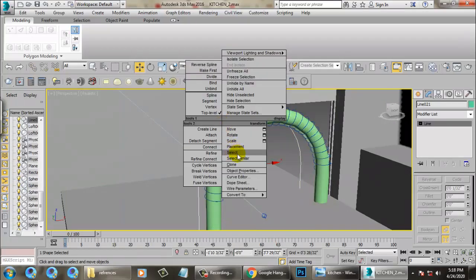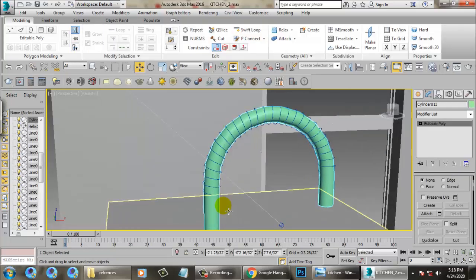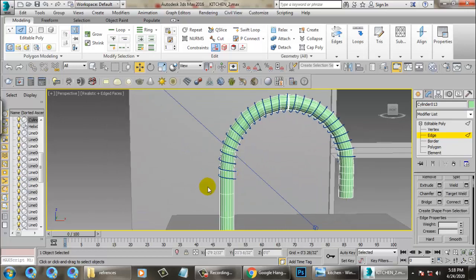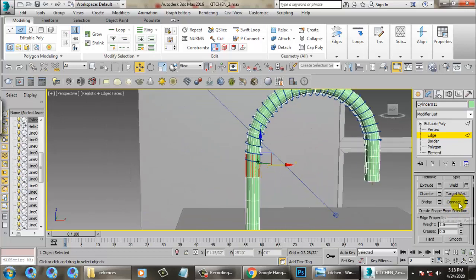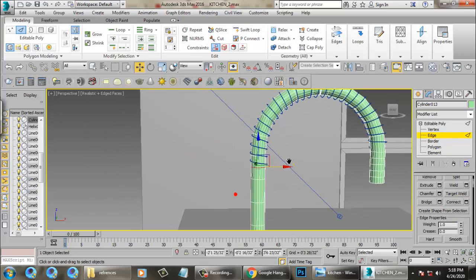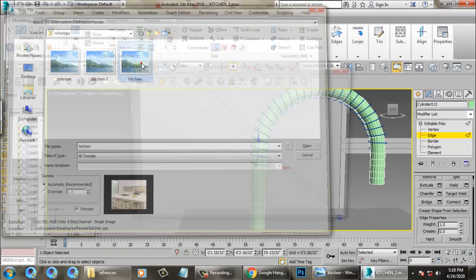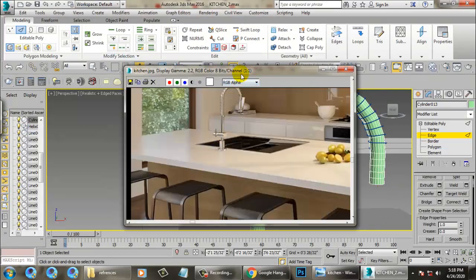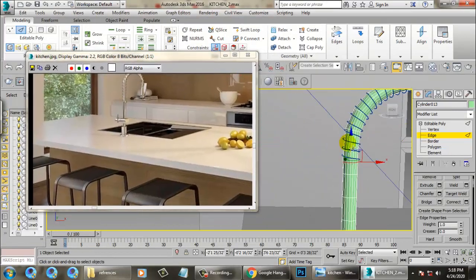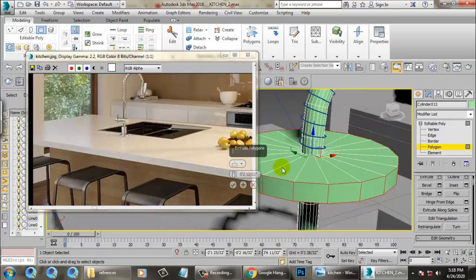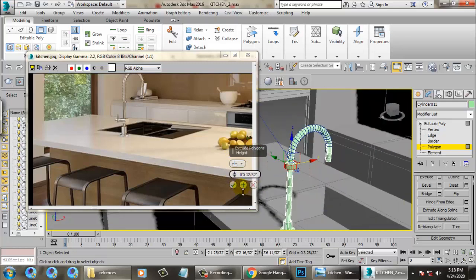You can just hide the selection over here and let's go into the edge. Select this edge and give one connect to it. Select the polygons, go into this, by local normal, reduce it.